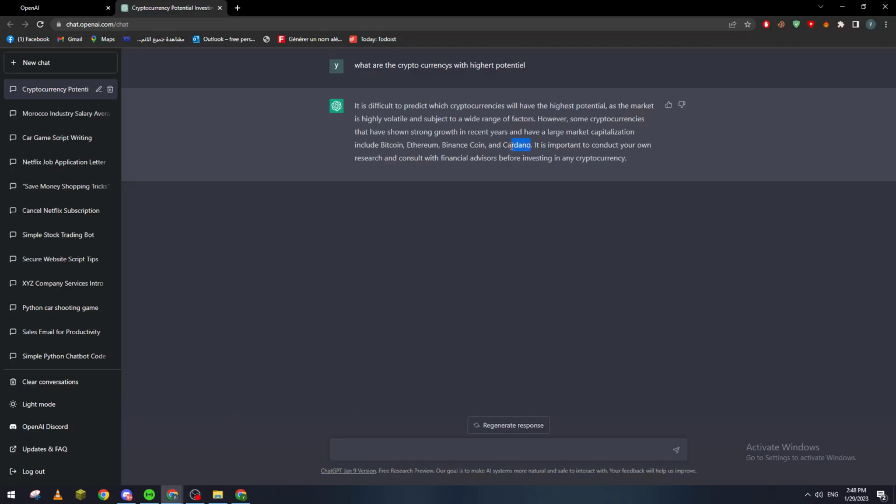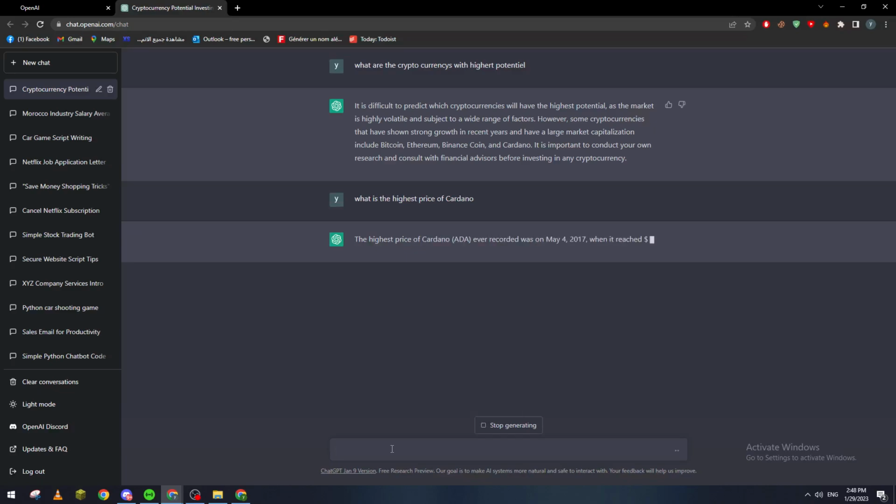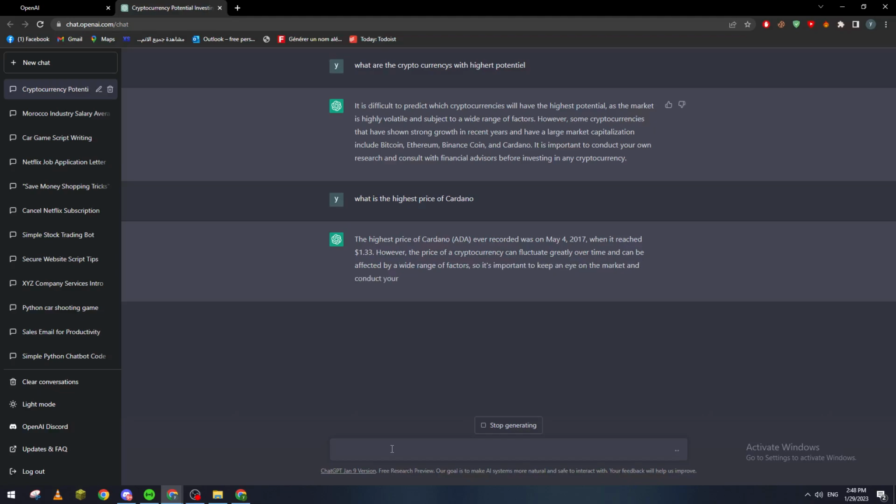So let's take for example Cardano, what is the highest price of Cardano. The highest price of Cardano ever recorded was on May 4th, 2017, when it reached $1. However, the price of cryptocurrency can fluctuate greatly over time and can be affected by a wide range of factors. So now, for example, write me